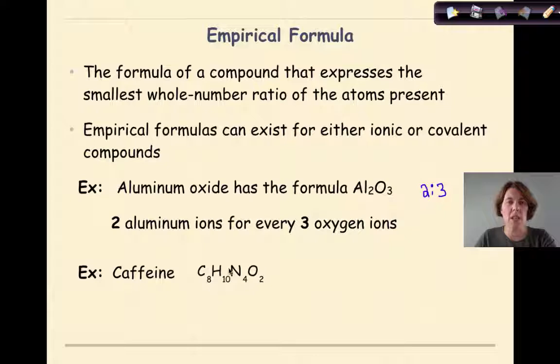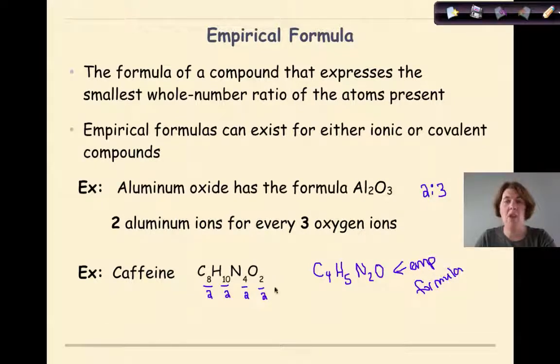Now let's look at caffeine. Caffeine is C8H10N4O2. What divides into all of those numbers equally? If you said 2, you're correct. So I can take each one of these subscripts and divide it by 2, 2, 2, and 2, and say the empirical formula for caffeine is C4H5N2O. And we really don't need to put the 1 there because the 1 is basically assumed. So this would be considered the empirical formula